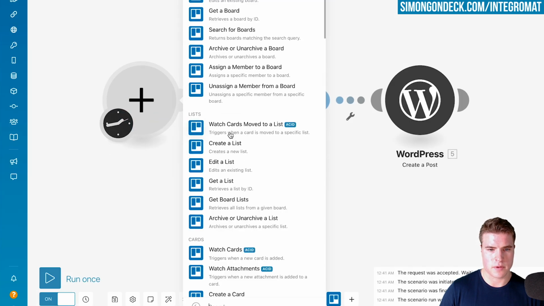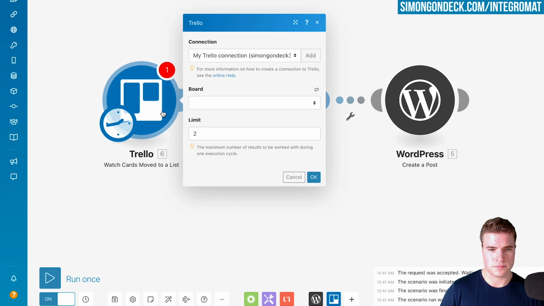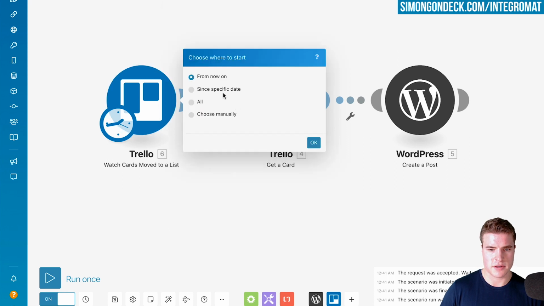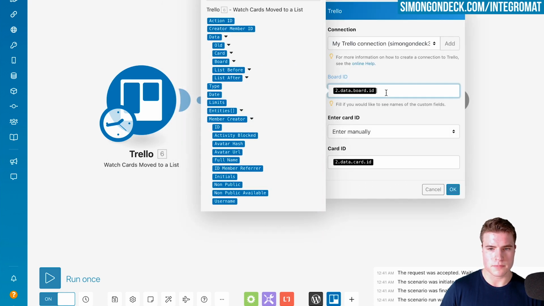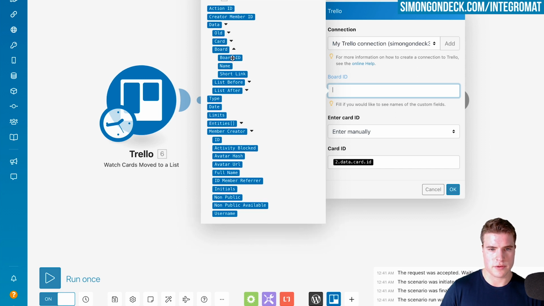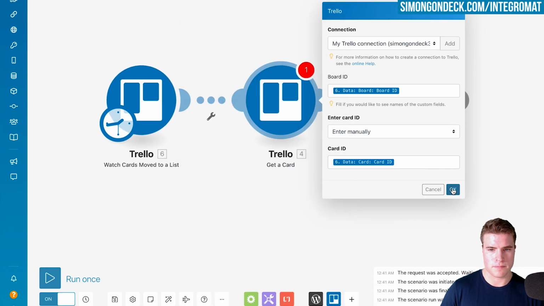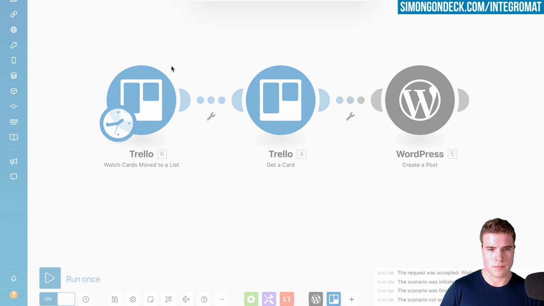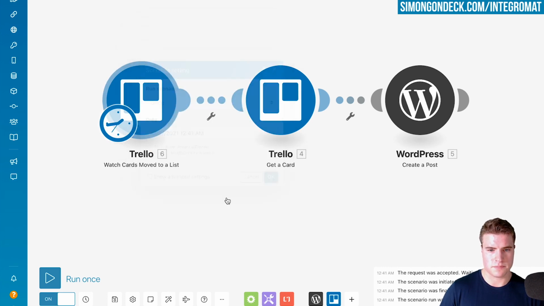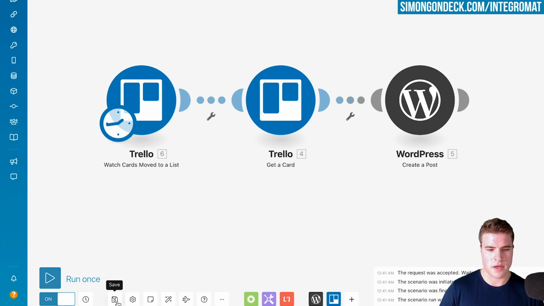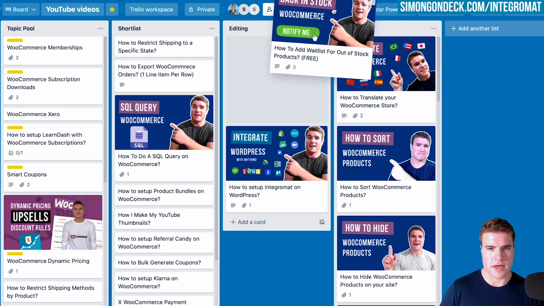Let's go back, watch cards, move to a list, and let's do YouTube videos, limit 1, released, from now on. Then I'm just gonna put in this board ID, this card ID, let's update this to once, and let's double check this to make sure everything looks good. Let's click save, and now I want to click run once, and now I'm going to go right here and